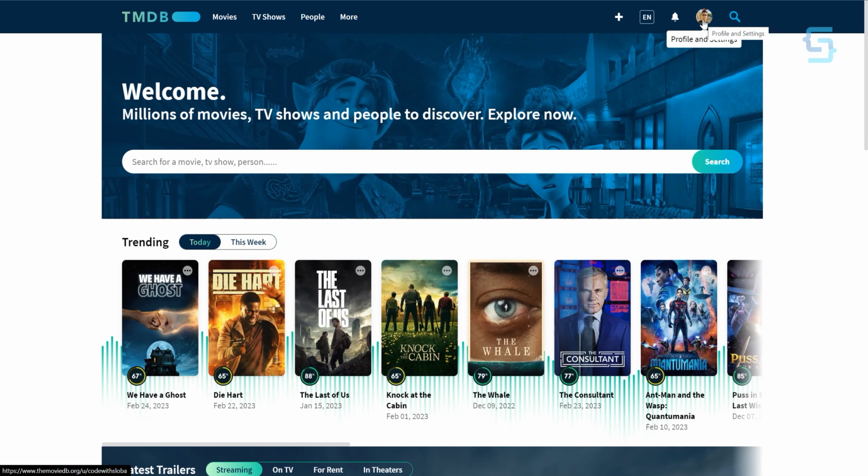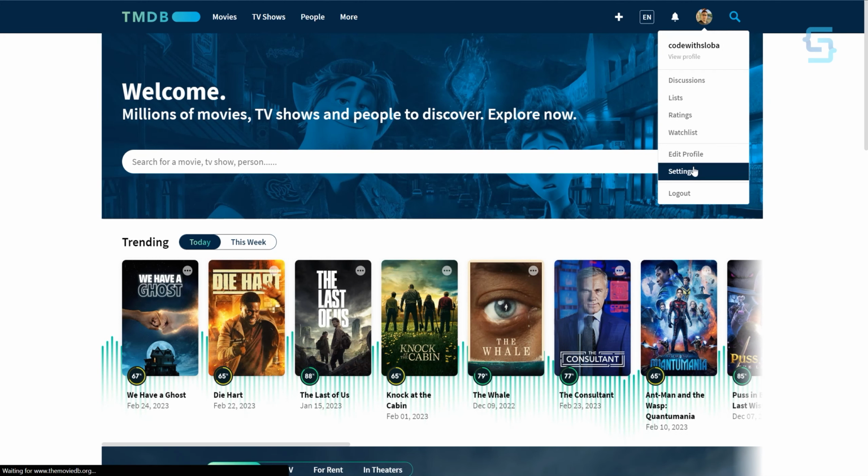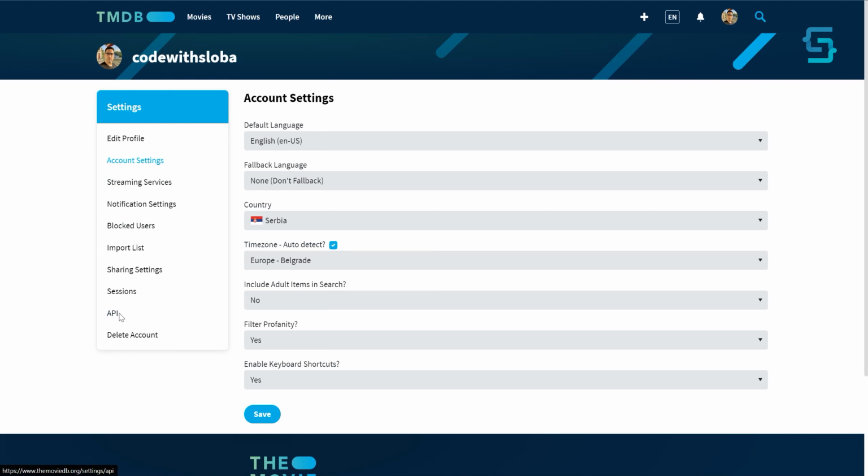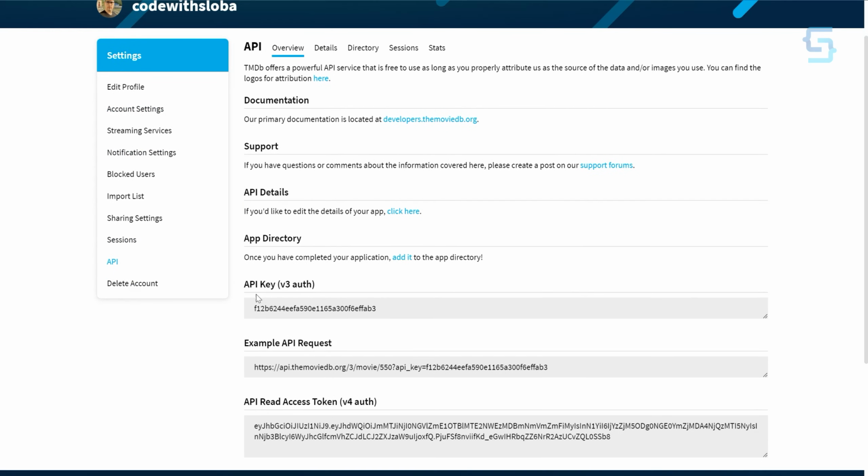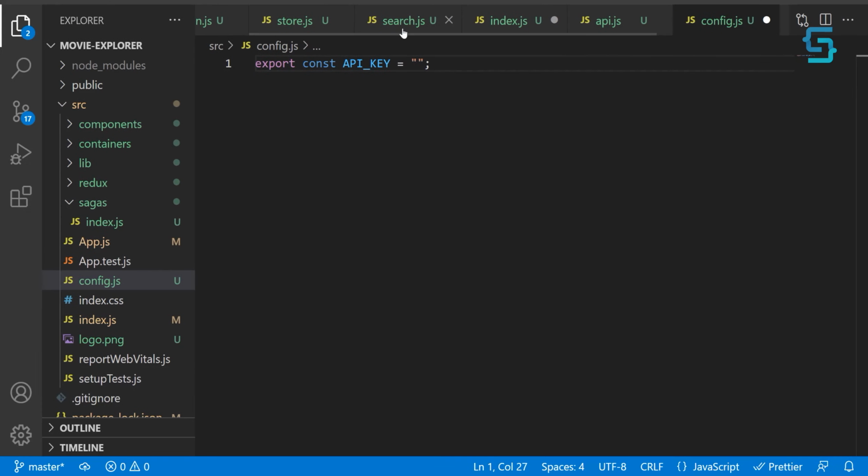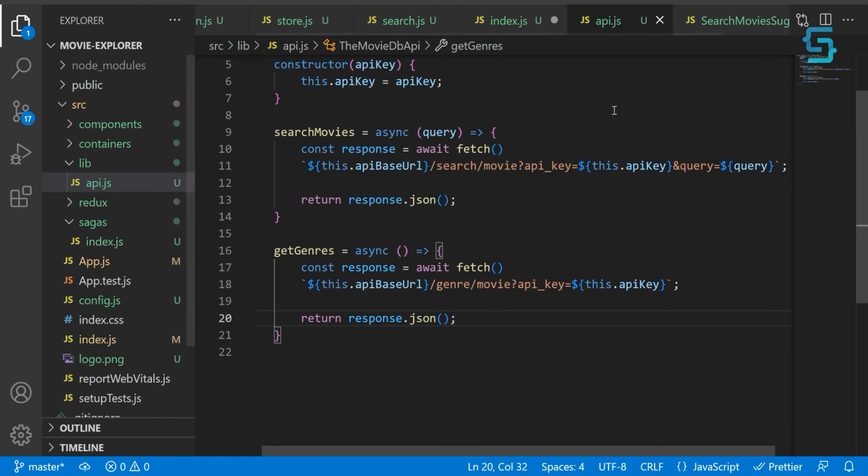Open your profile and go to the settings. On the left side, you have this API tab, and here you have the API key for version 3. You can copy that and store it inside of your configuration file here. Now save it and close it, and then inside of your